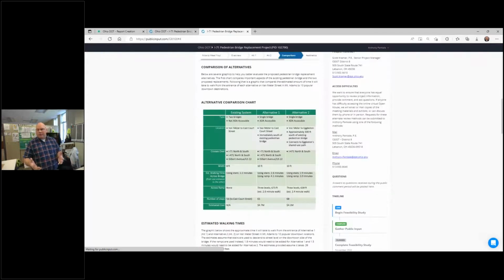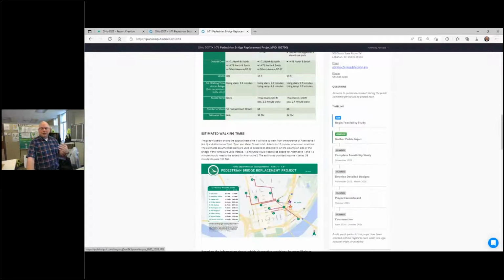And then we get to the comparison. So we want to get the public's input on what they like about alternative one, alternative two, but then we want to say, okay, between the two, what do you like? And then to help them answer that question, we need to provide them information to make that comparison. So that's why we have this comparison chart provided to them, giving them some information about it, and including the